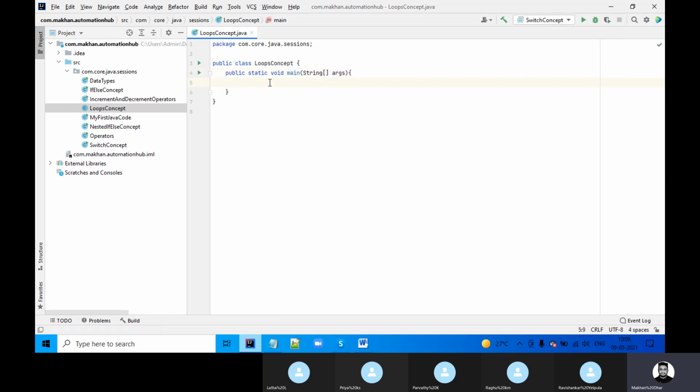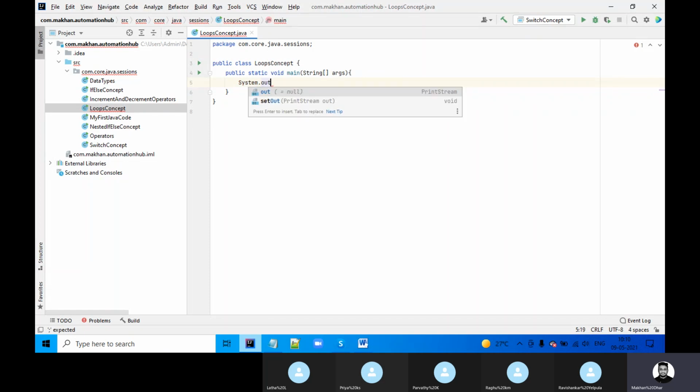Now, what exactly is the loop statement or loop concept? Why do we use it? Basically, if I tell you to print 1 to 10, how will you print? This is the way we can print.